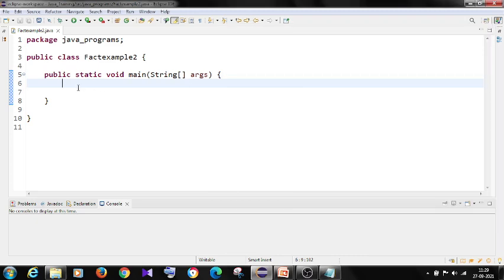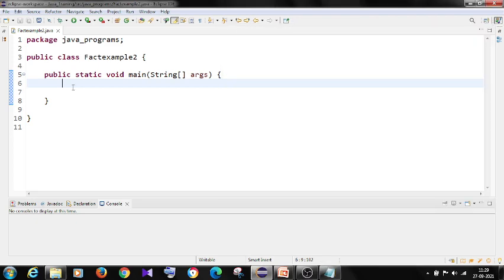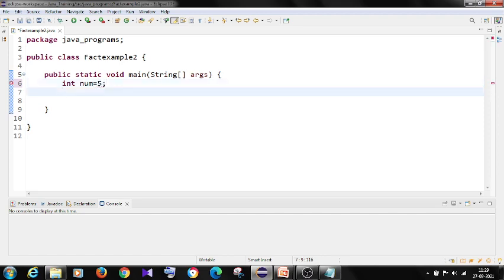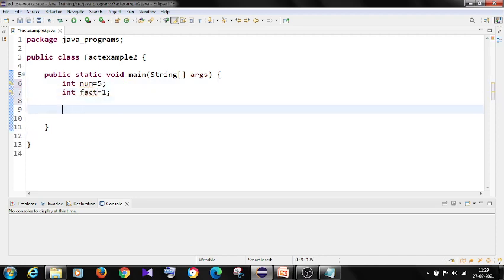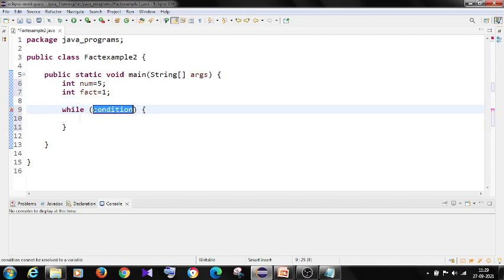Okay, let's start. What are the variables we need to take? Two variables. int num is equal to 5. I want the factorial of 5, and the output I am taking as fact, and I am initializing it with 1. I want the factorial of a number by using a while loop. What is the condition I have to use here?